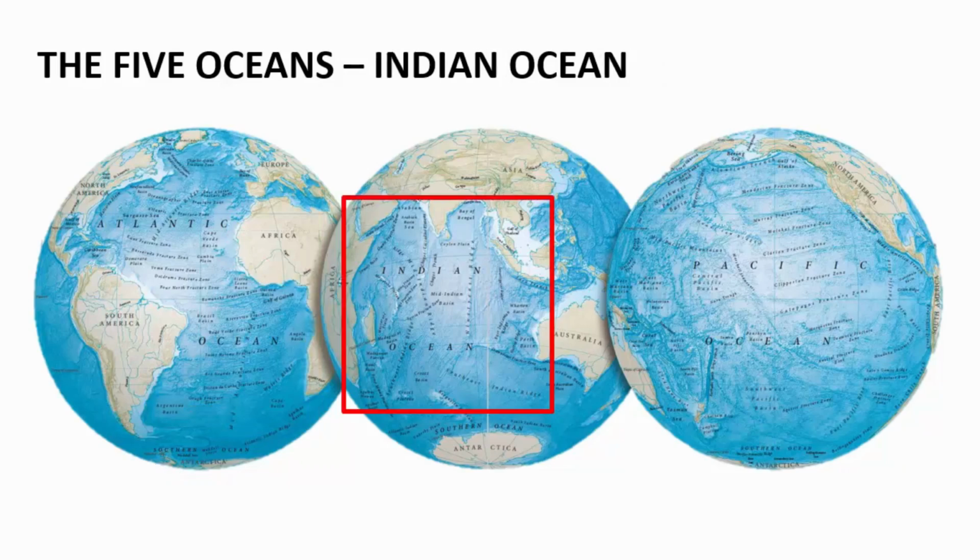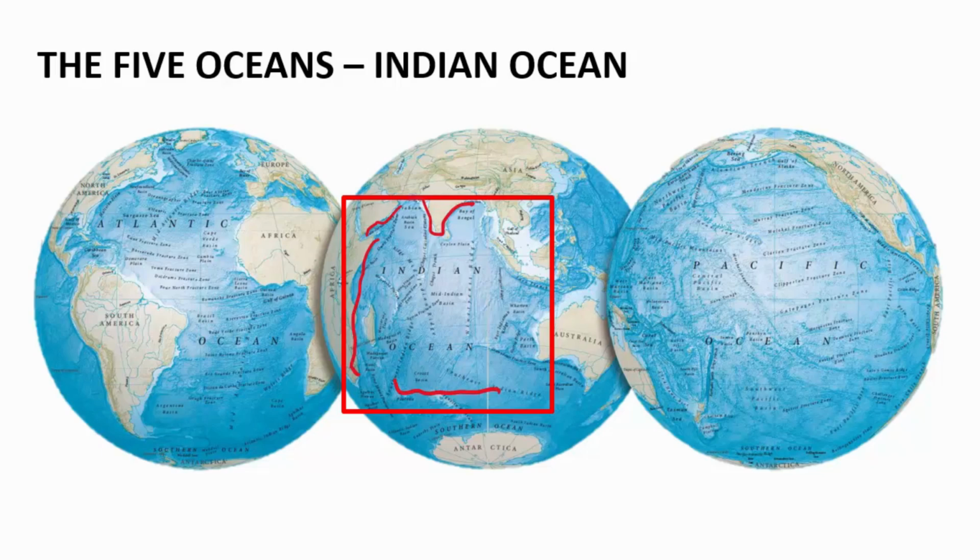The next on our list is the Indian Ocean. Now, the Indian Ocean is situated directly below the Indian Peninsula. That is why it gets its name from that only. That is why it is called the Indian Ocean. On the northwestern side, you will find the Arabian Peninsula. On the western coast, you will find it is surrounded by the African continent. Then, on the southern side, of course, it merges with the Southern Ocean, which is the Antarctic Ocean.